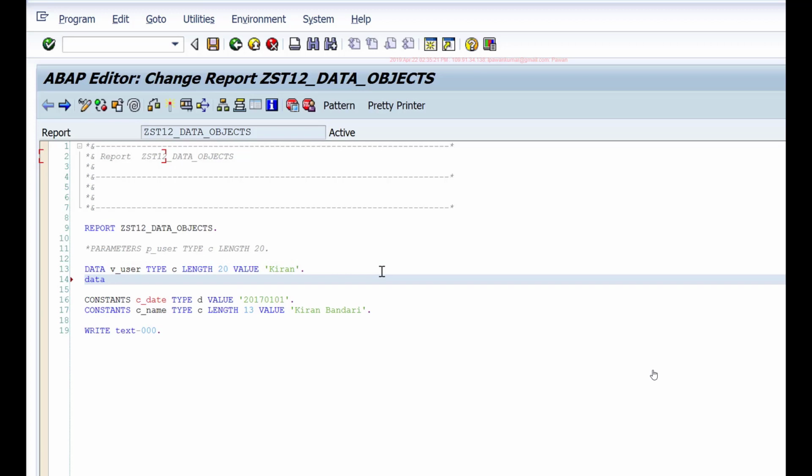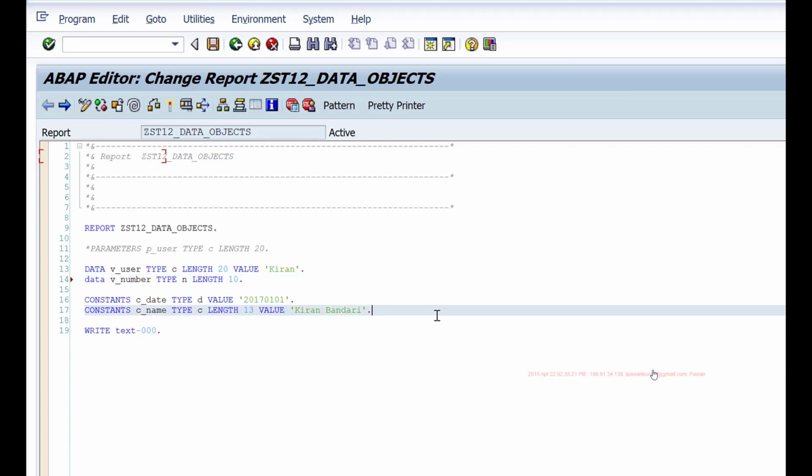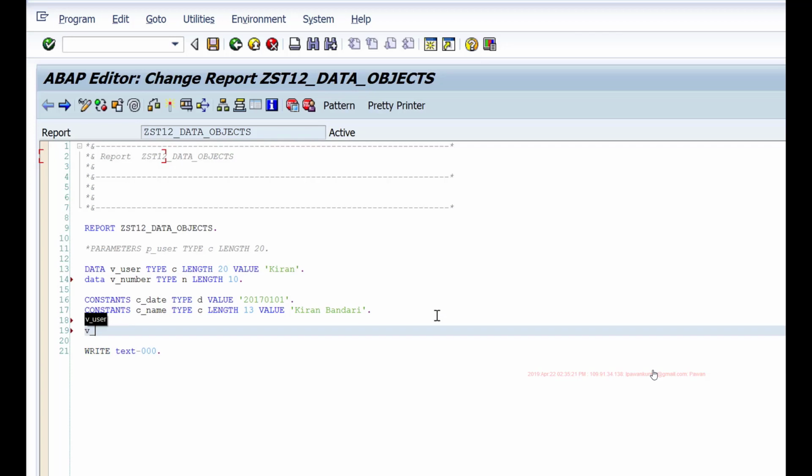And let's say I have a data object, DATA v_number TYPE n, length 10. Then I can say v_number equals, I can give the number directly, 12345. Here I am giving a number, I am not using a single quote. This is called a numeric literal. I am directly typing the number in my code, that is called a numeric literal.